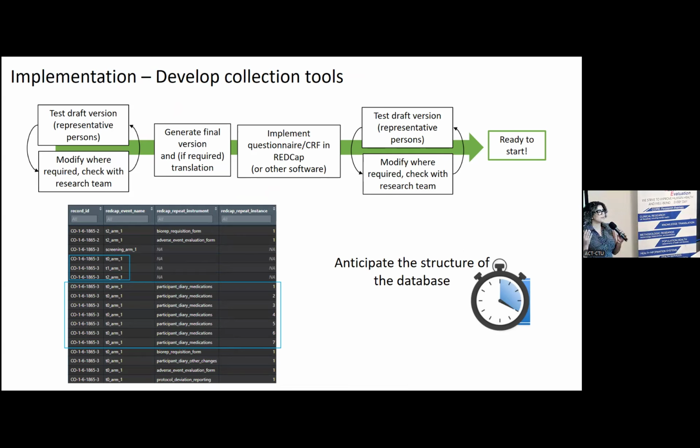And in REDCap, you have the option of saying that this form will be repeated. So we're going to have several time points for the same measurements. Extremely helpful, except when you're not expecting repeated measures. So for this project, we wanted lab measures at one time point. But the way it was programmed was as a repeated measure.